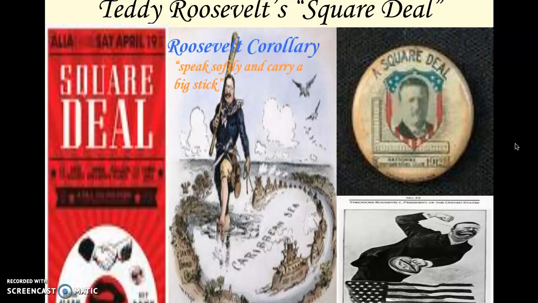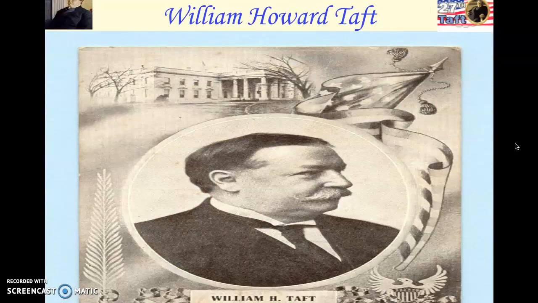He's also famous for delivering his motto for dealing with everything, his foreign policy, which was speak softly and carry a big stick. This can be translated into his relations with the Caribbean and Central America, which is going to be called gunboat diplomacy, and then later on it's going to lead into dollar diplomacy with his people that came after him.